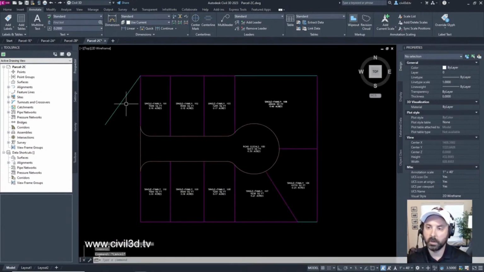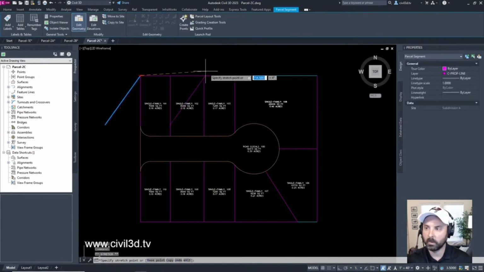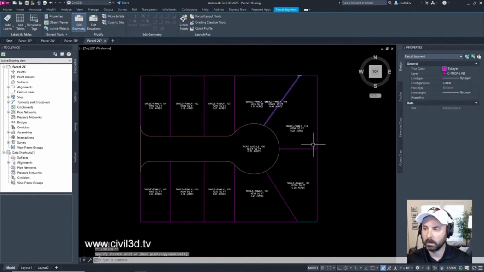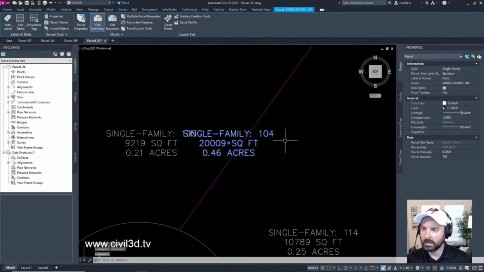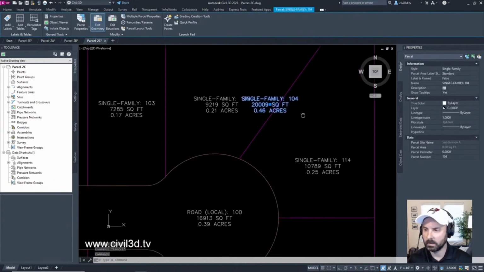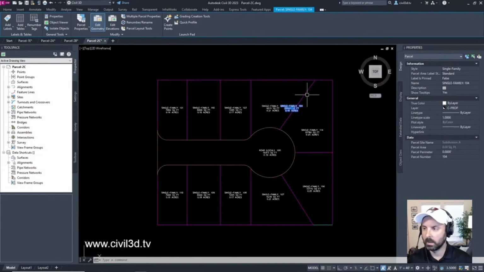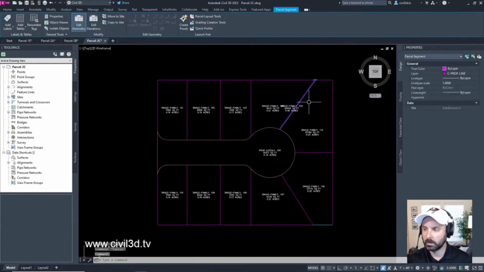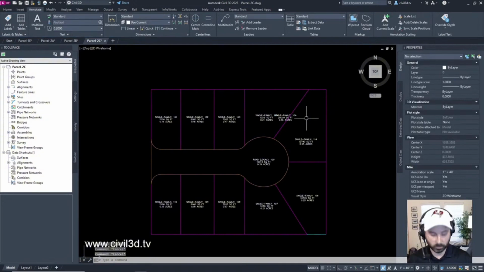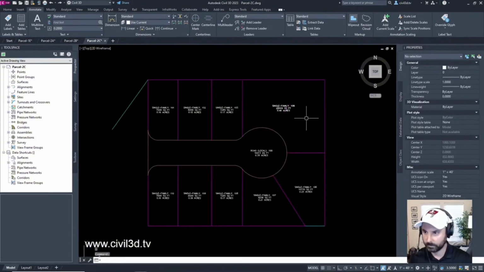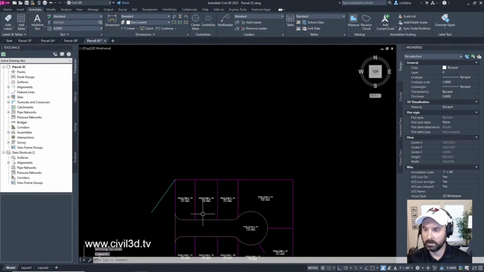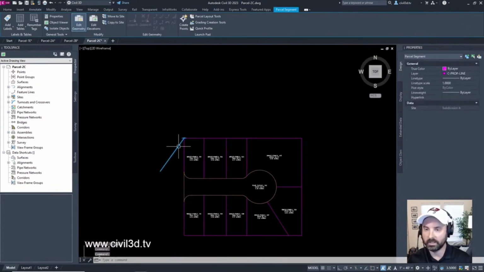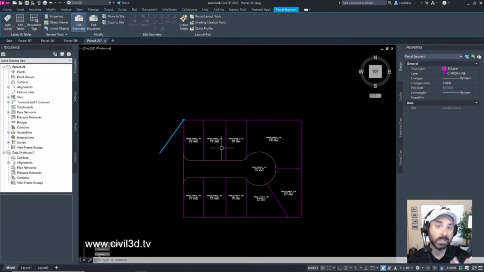Yeah, when I try to undo, it pushes that slide. Well, wait a minute. Okay, now it works. But I can't put it in the original position. That's sort of the goofy thing about parcels. Sometimes it can be unpredictable. Even if I undo all the way to the end, it still leaves this parcel line outside of the site. So that's kind of goofy.